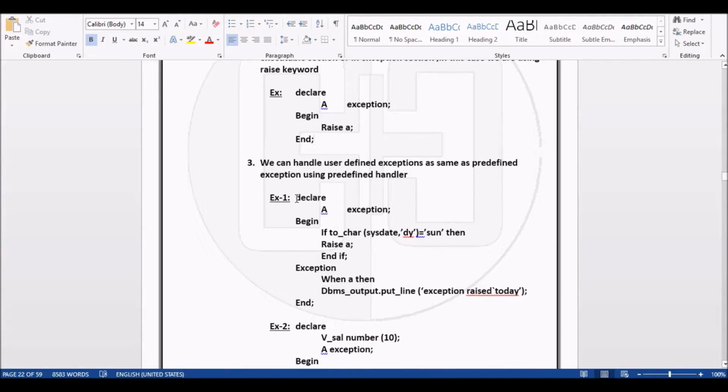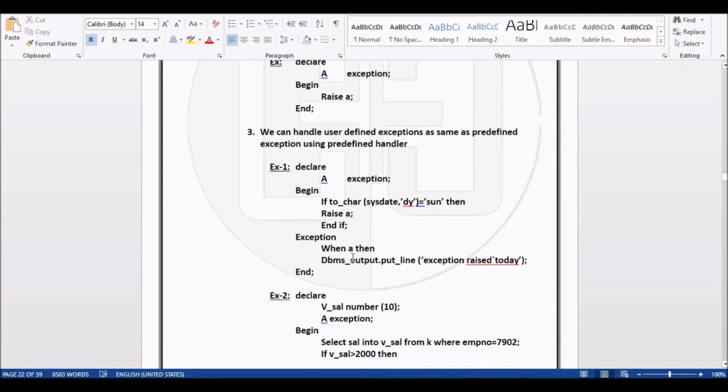We will check if to_char(sysdate, 'dy'), that is we are converting sysdate into dy format, is equal to 'sun', then we will raise the exception A. So see here, exception when A. Previously we have seen value error and zero error; here we write when a, which is an exception. Then we write whatever output we require.